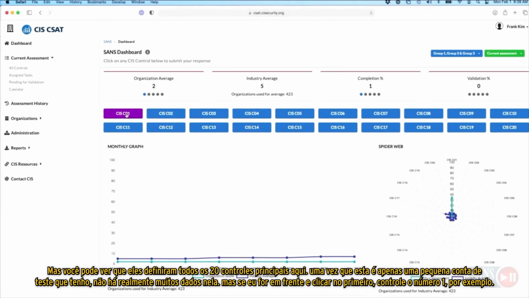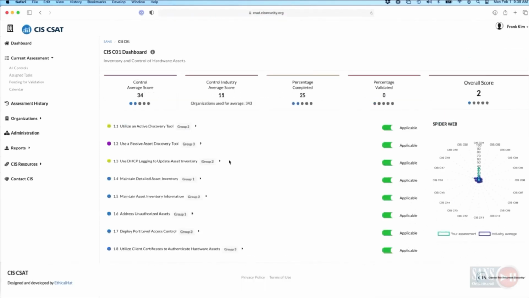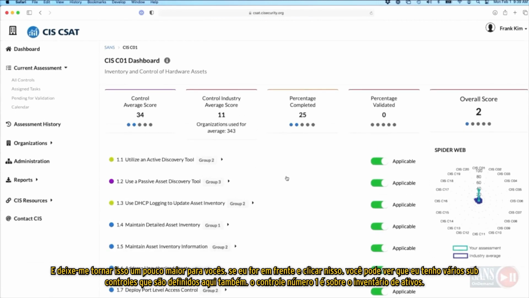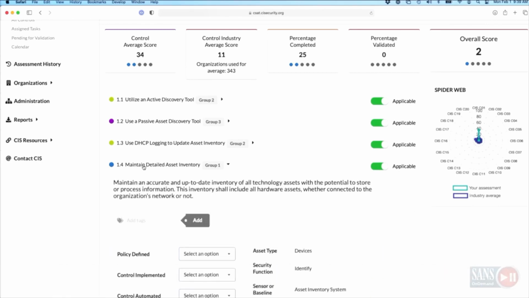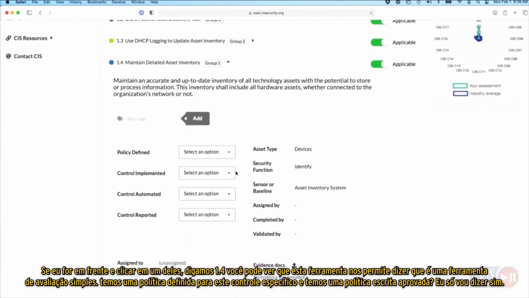But if I click into the first one, control number 1, for example, and let me make this a little bit bigger for you guys. If I click into this, you can see that we've got the various sub-controls that are defined here as well. And controls number 1 and 2 are all about asset inventory. If I click on one of these, let's say 1.4, you can see that this tool allows us to say,